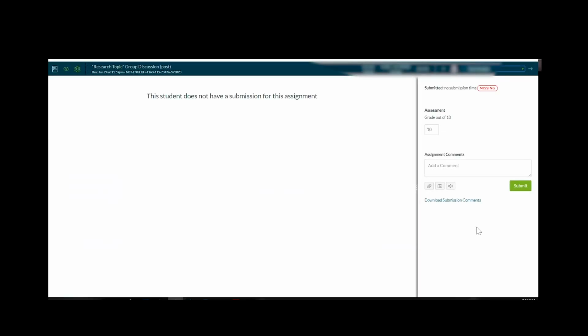Going back to something you said about the grading, I don't know if you're able to share your screen on that, but are you able to show me how you give a video reply? Basically what I would do is I would pop in here, I would read the assignment, and I would hit this little media comment button,